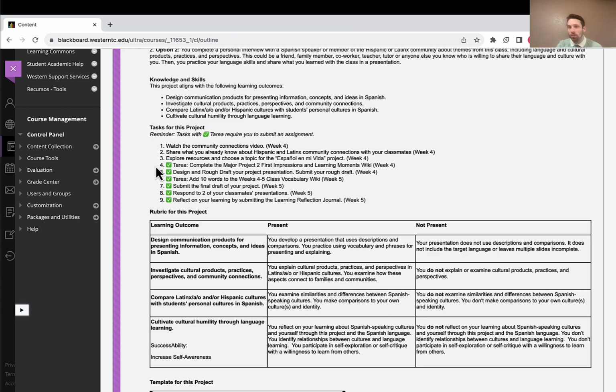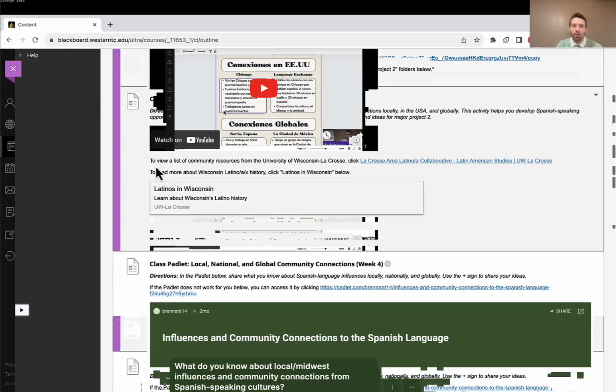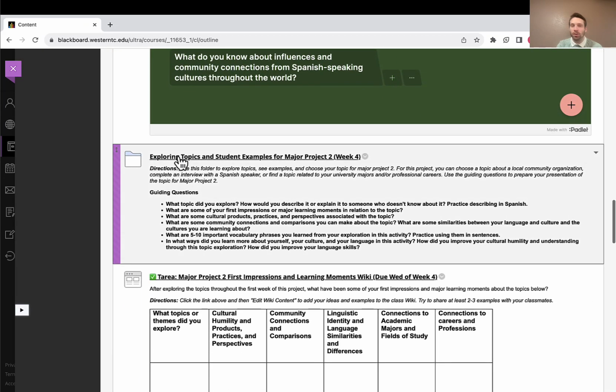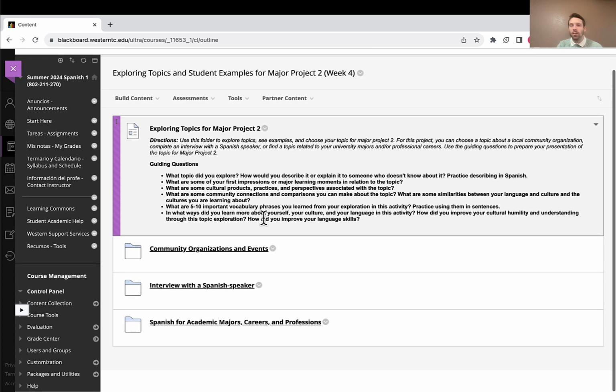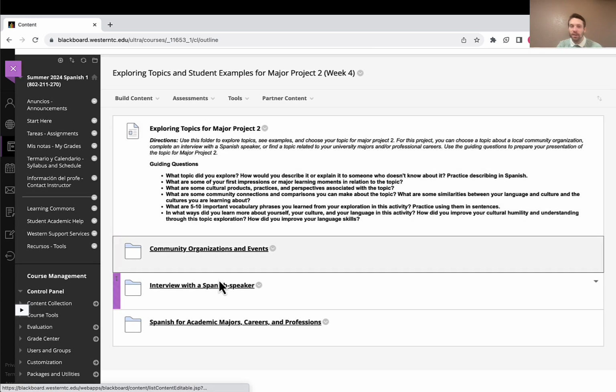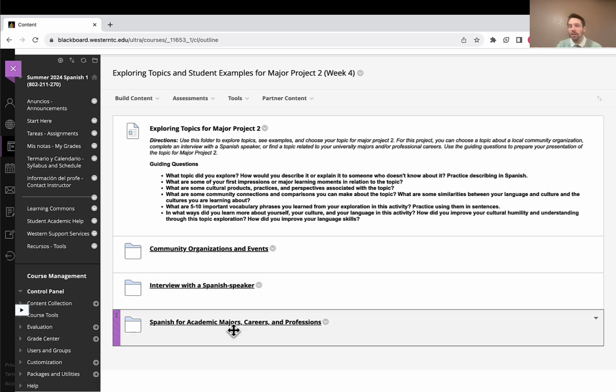As you explore different topics, I'll show you that there are a few different options. Here is where you go for exploring different topics. You can see that there are links for community organizations and events, an interview with the Spanish speaker, and Spanish for academic majors, careers, and professions.